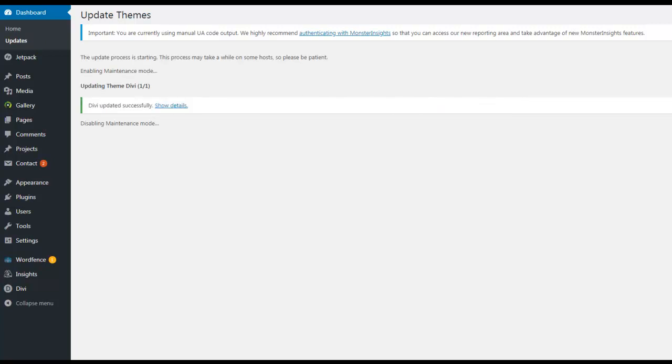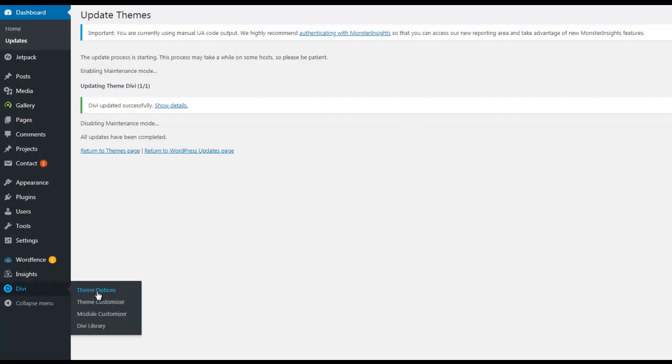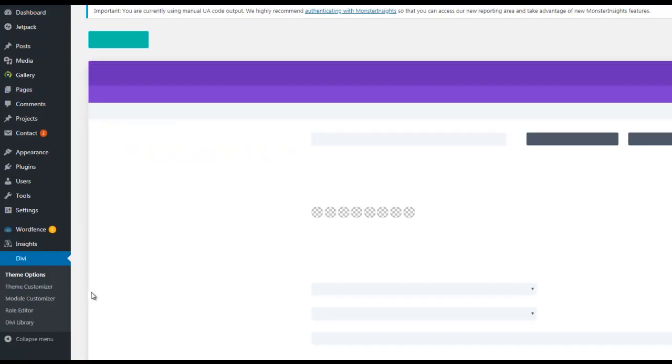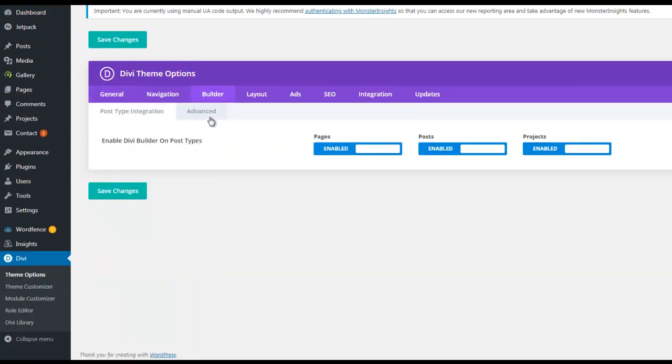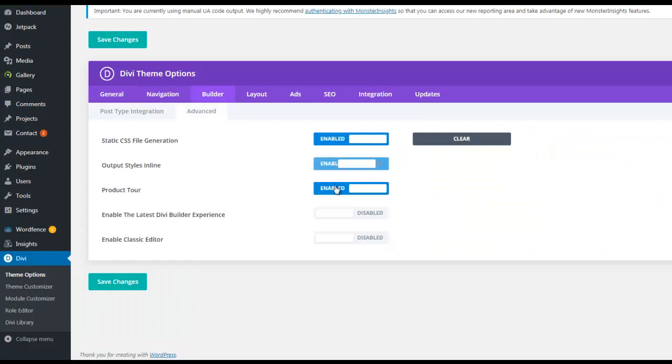As soon as it finishes updating, you'll go down here to Divi, Theme Options. You'll see a new tab that's been added. If you've looked at the theme options before and paid attention, you'll see a new tab that says Builder. You click on Builder, you click on Advanced, you enable all of the options, especially enable Classic Editor right here. Save the change, and then when you go back to the page to do the edits,